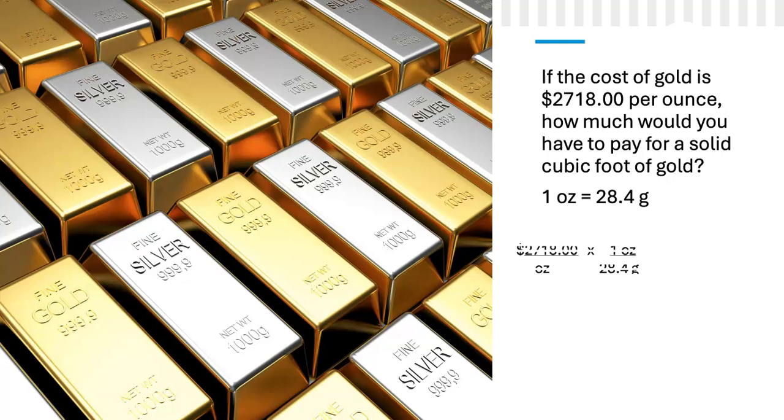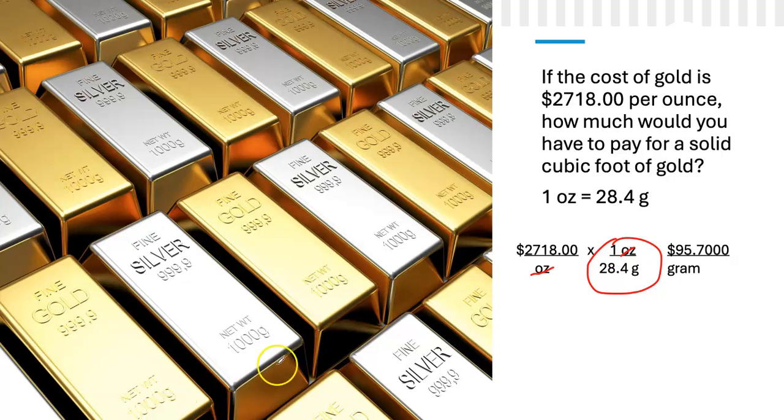All right, how did you do? Did you say that the cost of gold is $2,718 an ounce, and that 1 ounce is, here's your conversion factor, 1 ounce is 28.4 grams. Notice that our ounces here are going to cancel. And so we're just left with a little division problem. So you would go straight across the top and multiply 2,718 times 1 gives you 2,718. And then on the bottom, 28.4. And so simply divide those and you would come up with